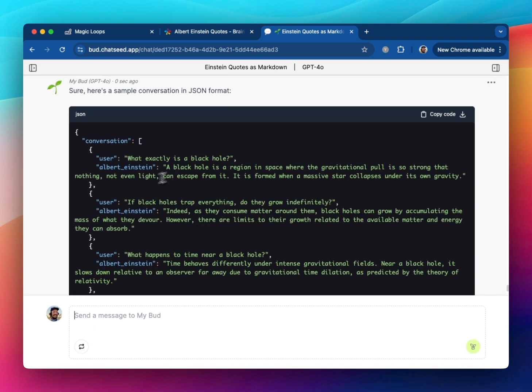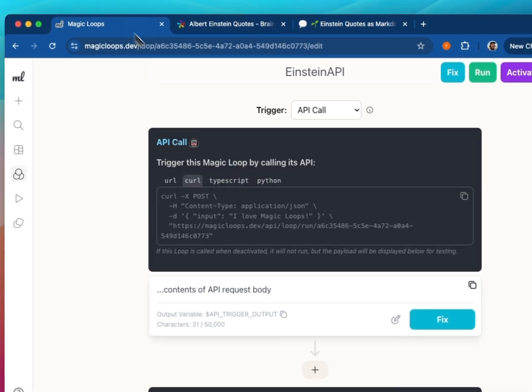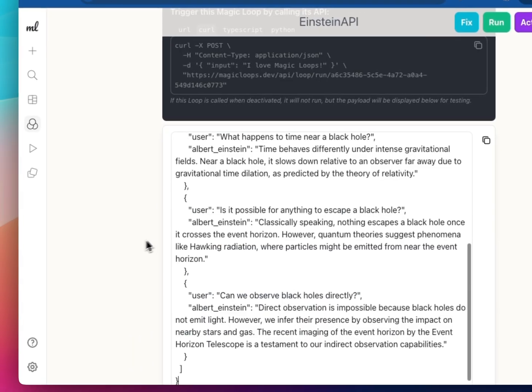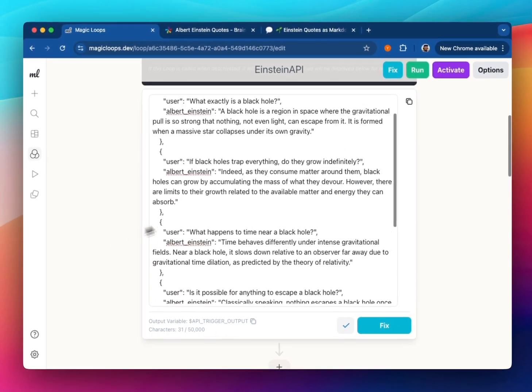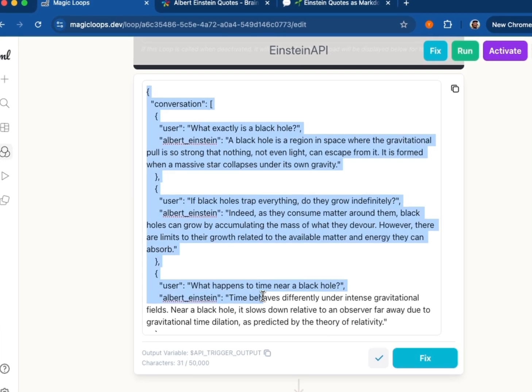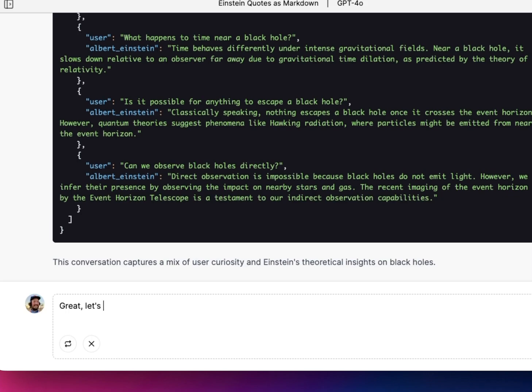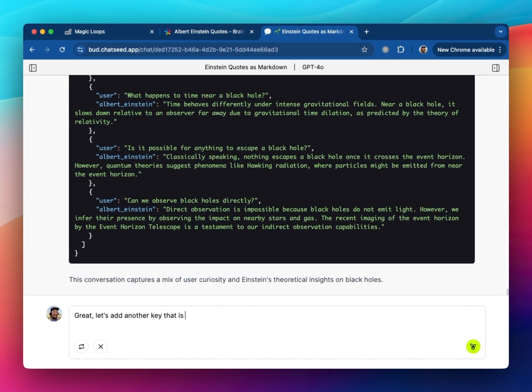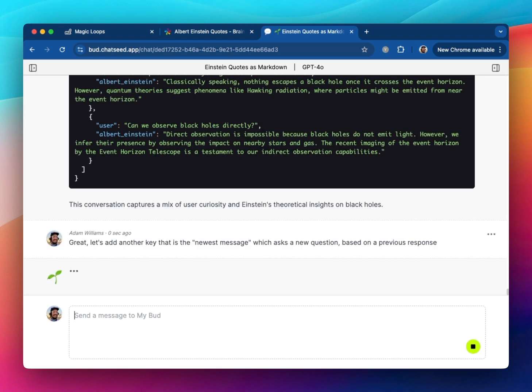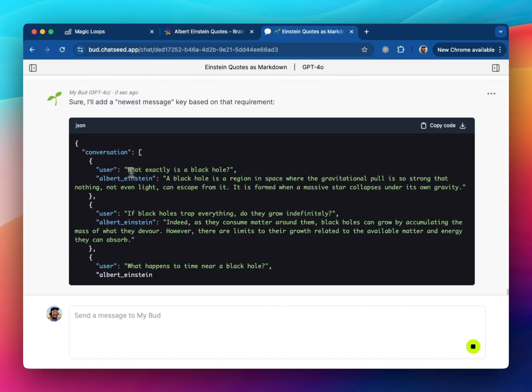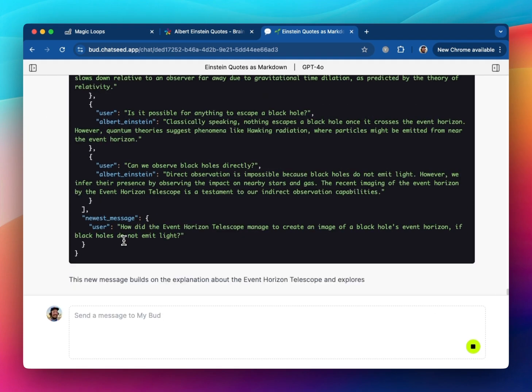Cool. So this will be our sample input. As users ask more questions, we can pass in a conversation here. And then we can add another key that is the newest message, which asks a new question based on a previous response. So now we're going to have a conversation between the user and Albert Einstein, and then we'll have the newest